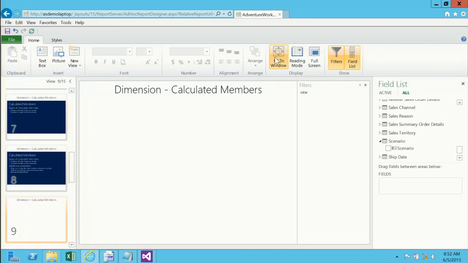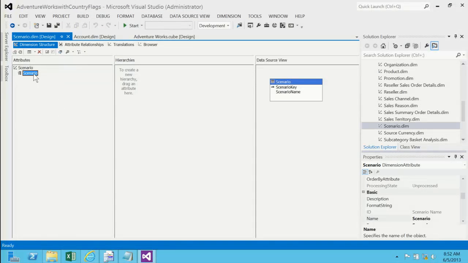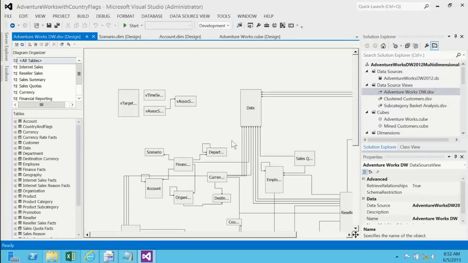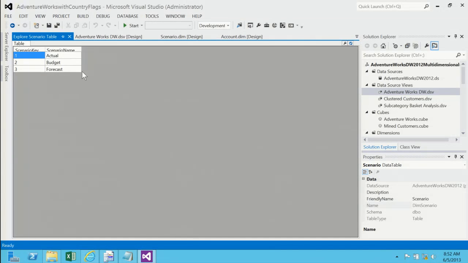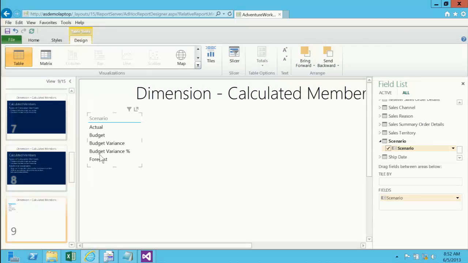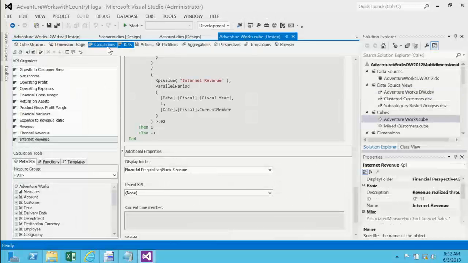I'm going to turn fit the window off again. Yep. And the first thing that I want to go do is I want to go to my scenario again. And so this is one of the things that I have calculated members. So if I go into my data source view and go into my scenario, I can explore the data. In the data underlying the multidimensional cube, it actually has three values: actual, budget, and forecast. But if you go back here in that scenario, you see we have 5 different values. So these are the calculated members that are being added. So if you go back to my model and go into the calculations,